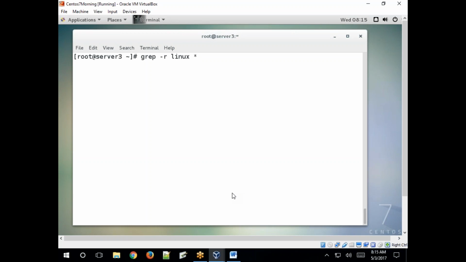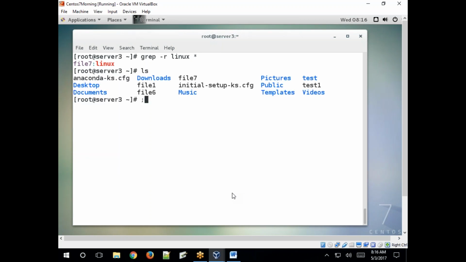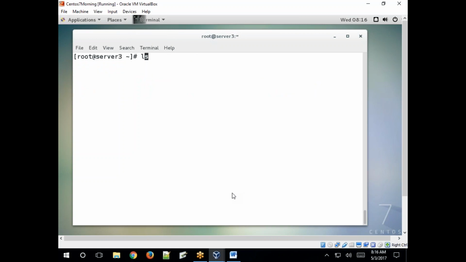So for example, if you specify an asterisk here, what does the asterisk represent? The wildcard? Yes, any name, one or more characters. So when working with commands, the asterisk represents one or more characters. It means here the file name is anything. If the pattern is matched, then it returns that file name and prints it on your output screen. Search for that. Only in file 7 is Linux there. Only in file 7. See, ls shows a lot of files, right? Now specify the -i option.